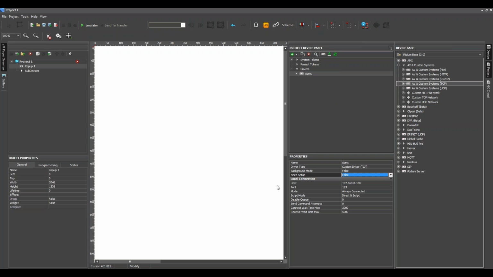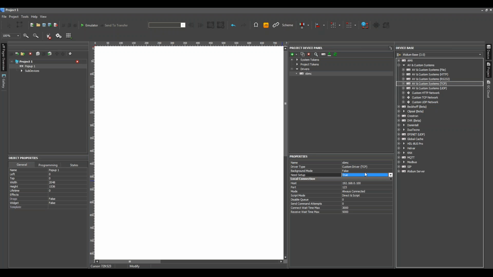Now for testing, we should write the host and port of our XBMC, but the end users will have another IP address and maybe another port for their devices. So if we change Need Setup to the true value, then the integrator and end user can change the host and port in the module in the mobile application.